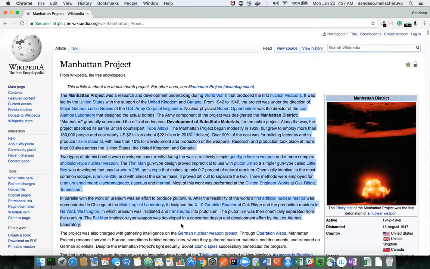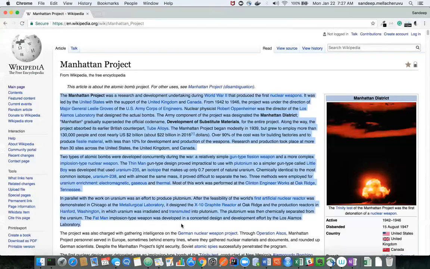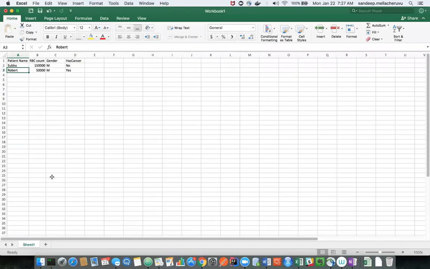You have to convert this textual data into a tabular format. How do you do that? There are many techniques we'll look into when we talk about the naive Bayes algorithm and Bayes law. The idea is you can count the words. Maybe the word Manhattan appears in this entire text three times.